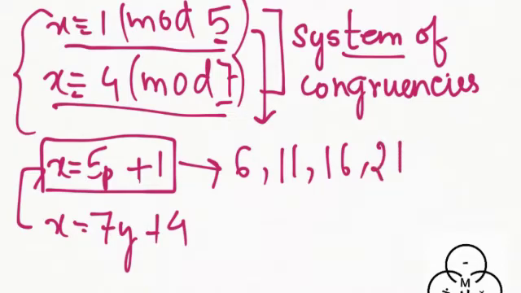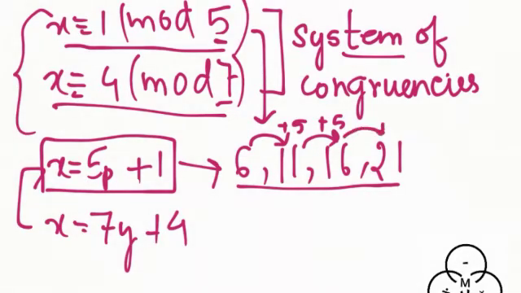Now do you see a pattern in here? We are just adding 5 to each solution. So we can say that the set of solutions is in arithmetic progression with a common difference of 5. Why did I say this? Because it will be helpful for you to find the solutions. So just add 5, 5, 5, and you will get the set of solutions. For now I am just going to write the solutions up to here. It will have infinitely many solutions, right?